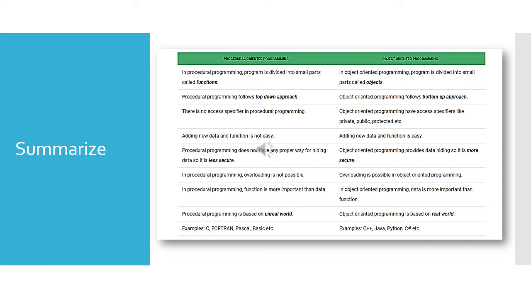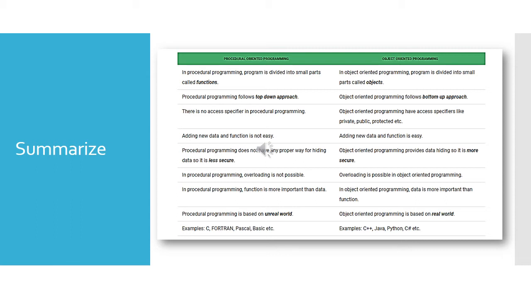Now to summarize the difference between procedural oriented programming and object oriented programming. Procedure oriented programming focuses more on procedures or functions. It is a top down approach where more focus is given to different functions, and adding data or functionality is going to be a difficult task. Procedural oriented programming doesn't provide the features specified earlier. The example of a procedure oriented programming language is C.